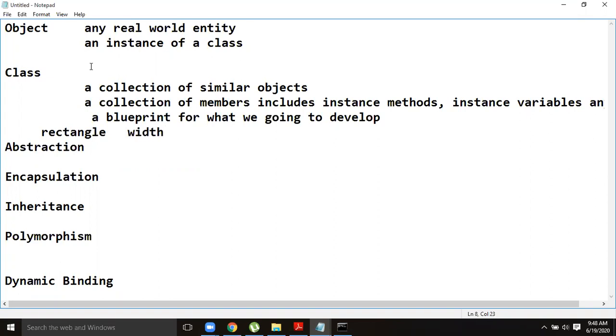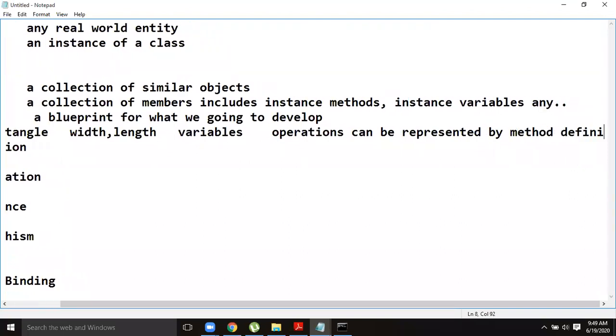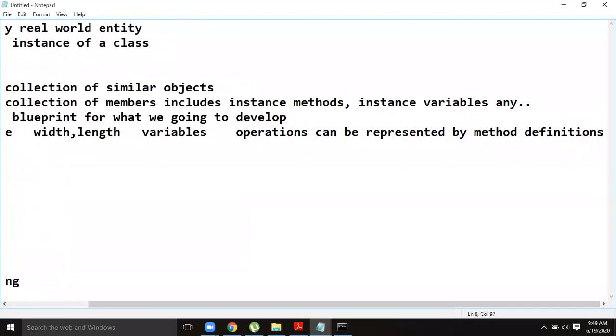So please remember, whenever you define a class, the attributes are the class variables, and whatever operations you want to perform with that class can be represented by method definitions.